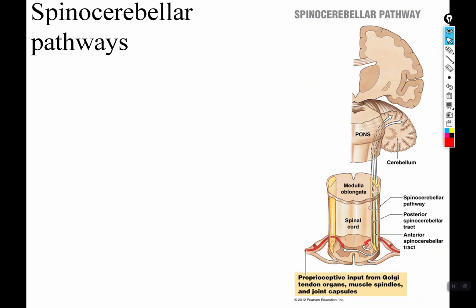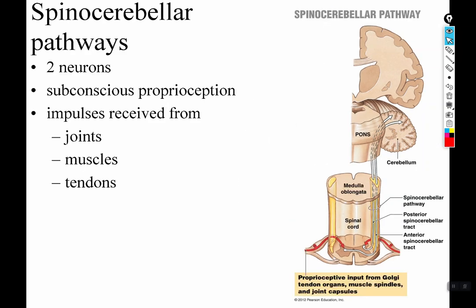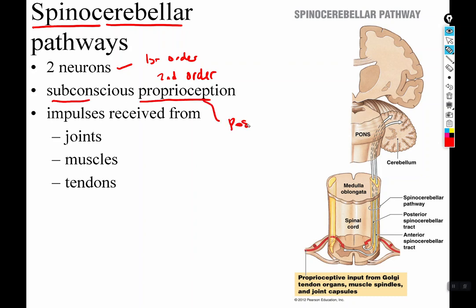Okay, spinocerebellar pathways. These are a little bit easier because there's not a first, second, and third order neuron. There's only two, first order and second order. And spinocerebellar makes it nice and easy to figure out where the destination is. So from the spinal cord to the cerebellum. So we have first order and second order. And these are subconscious proprioception, so limb position